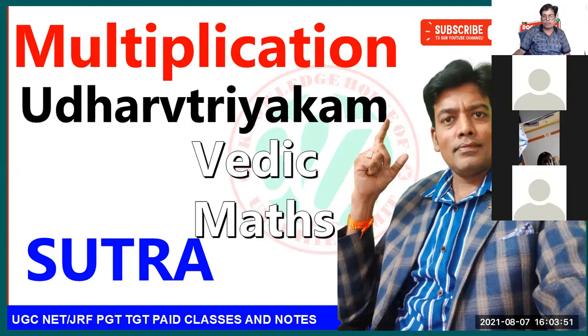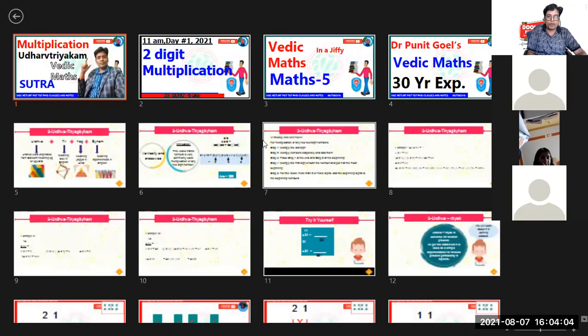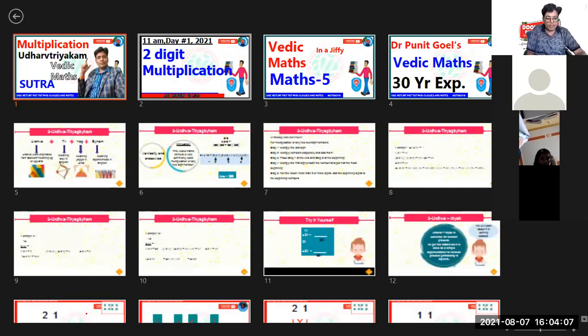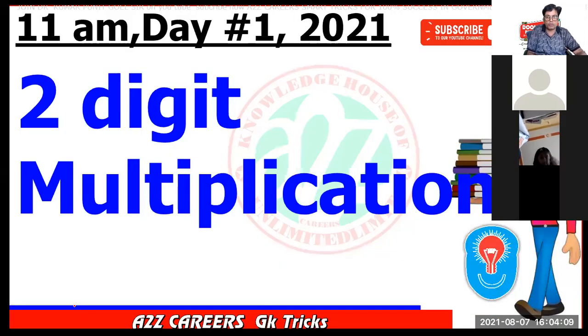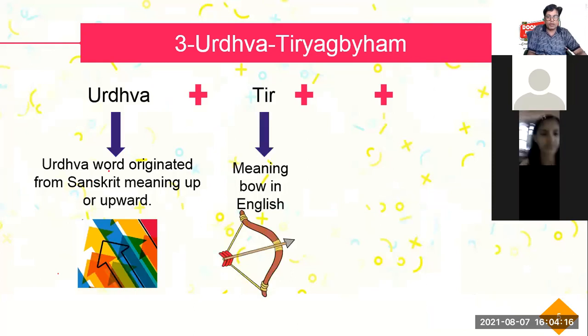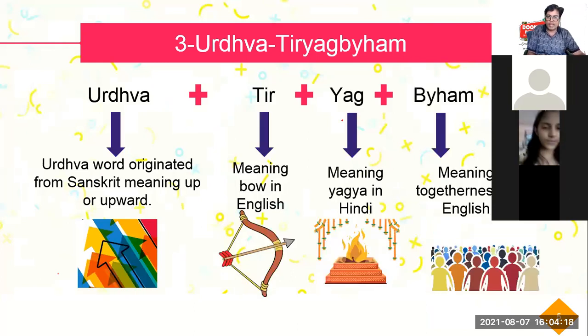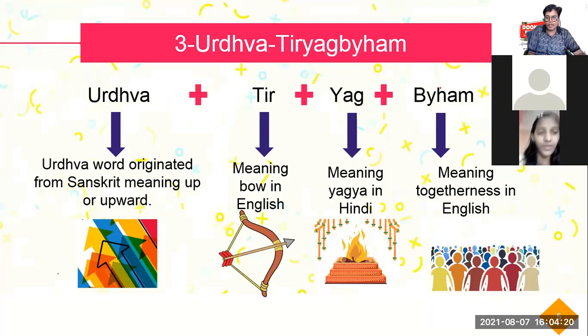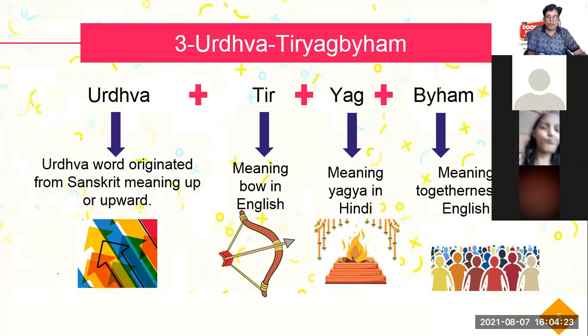You all are most welcome here. And here I am going to tell you special tricks which we have told you earlier, called the Urdhva Tiryakam method, the method of multiplication. How you will do the multiplication fast and how you will make the two-digit multiplication fast. I'm going to tell you this again, and then 3 by 3 multiplication I will tell you. My name is Dr. Puneet Goyal, and you can have my classes daily at 4 to 5 here at your favorite school, Doon Valley.